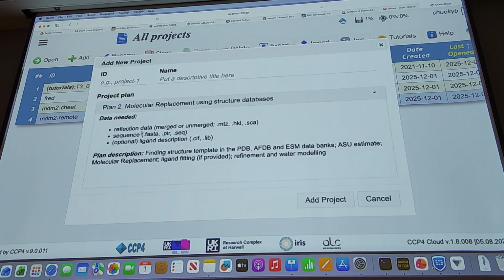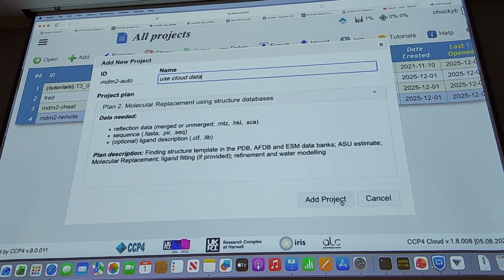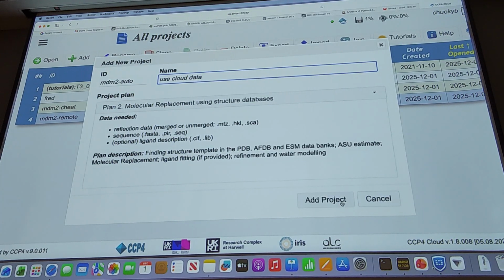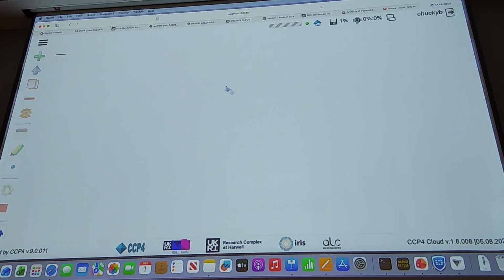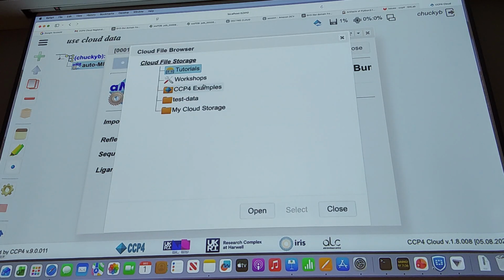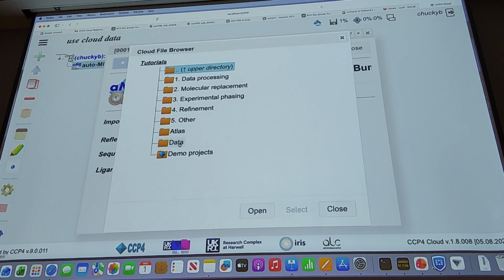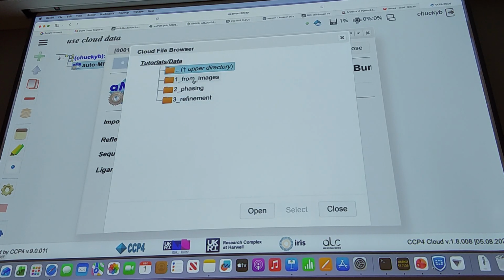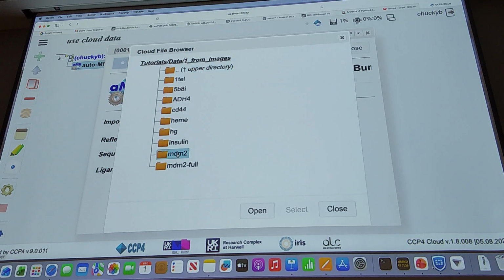I want using structured databases, using cloud data. So if I run it again, same mode as I did, but using cloud data and the project. And if I use cloud storage, you can do this, by the way. And I browse, and I go to tutorials, data, from images, which I'm not doing from images, in M2,